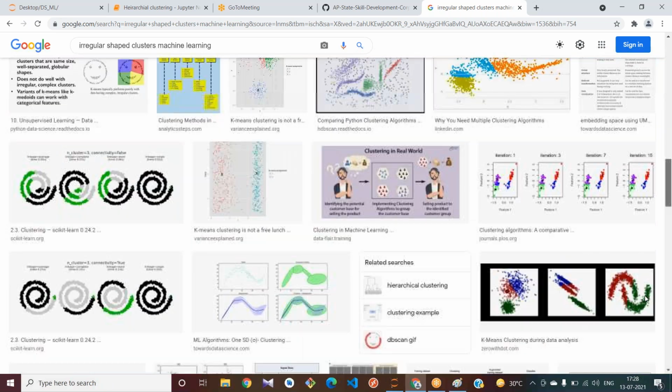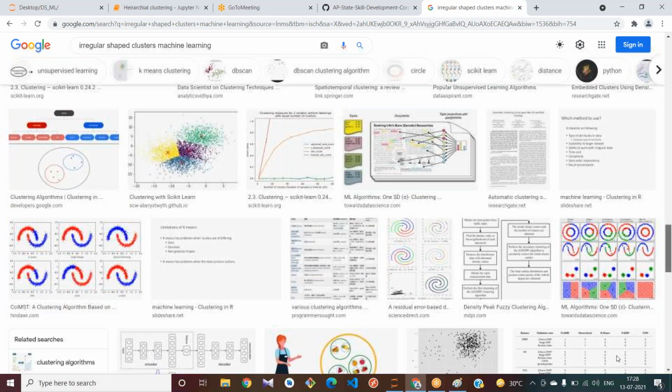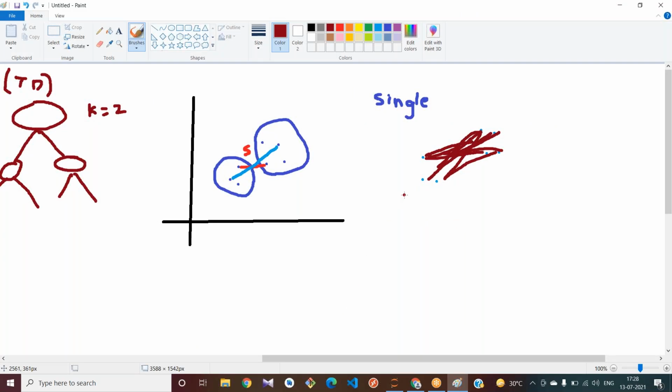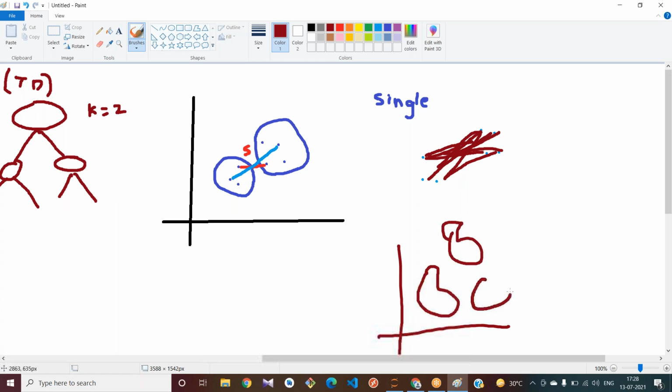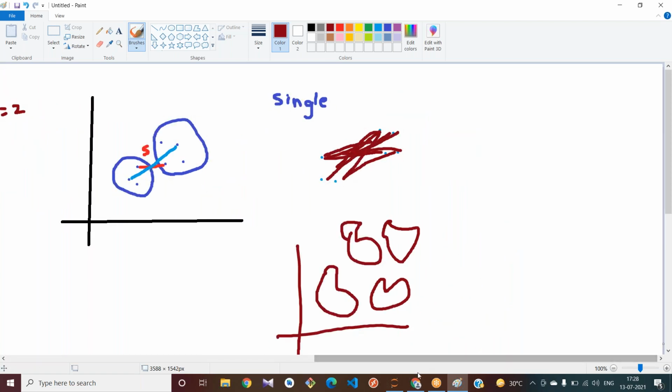Irregular shapes means, let me draw here. If your data is divided in this way, with irregular shapes, your single linkage can cluster it and give you the results in a better way.